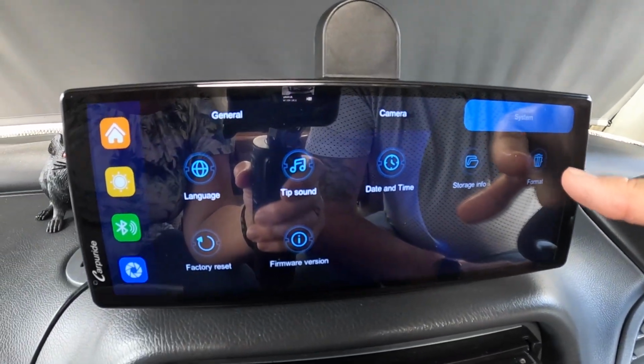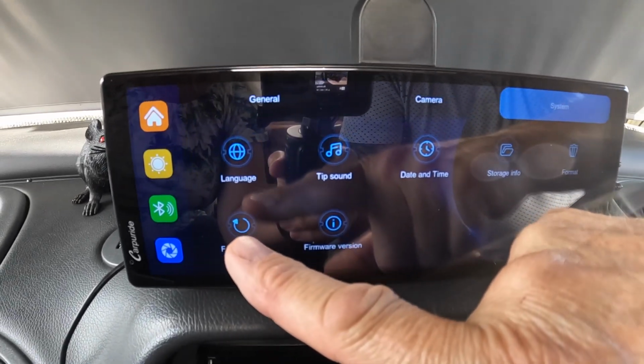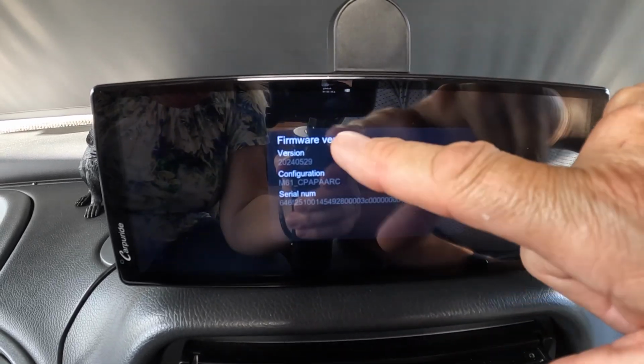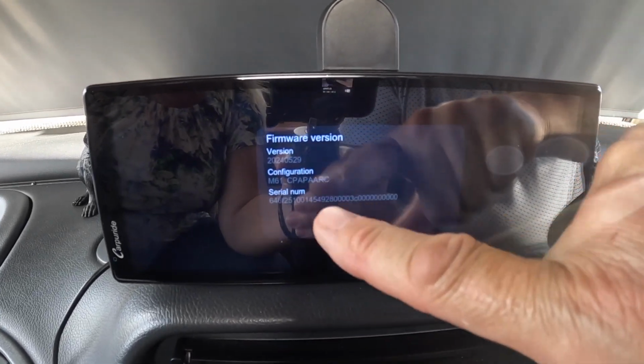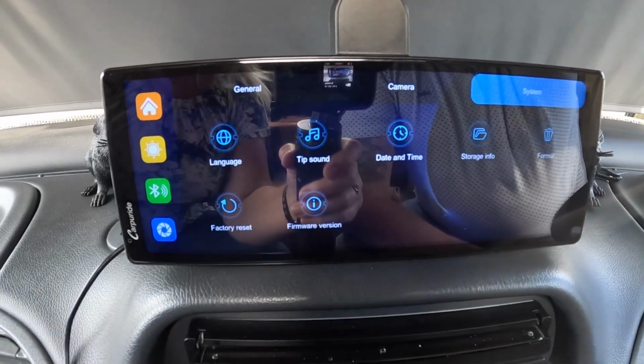Format, that's to format your card. We don't want to do that. Factory reset, we don't want to do that. Firmware, that's basically your serial number and what software you're running. Yeah. So, what are we on now